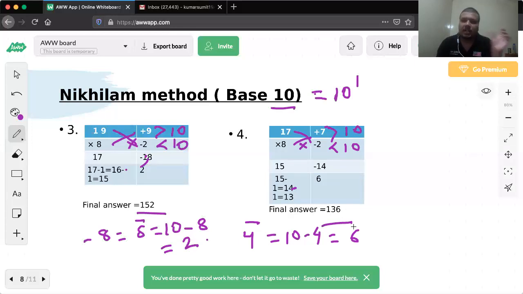First start with the base vinculum of 10, then start with the vinculum of 100. Do not start with the vinculum of 100. You will find it more difficult, since 2-digit numbers are easier to multiply than 3-digit numbers. So first start with the vinculum of 10, then the vinculum of 100. And if you have any doubts, you can come back to me and ask. Fine. Now let's go to another example.